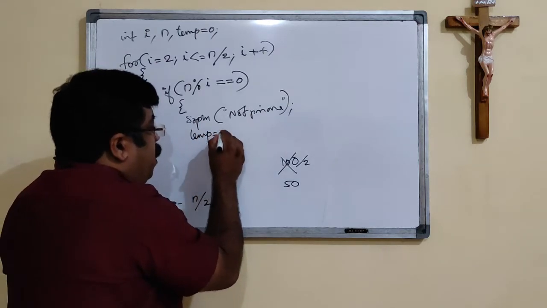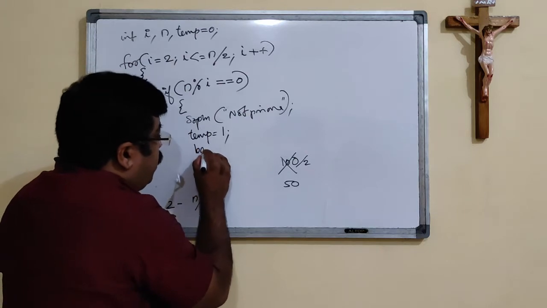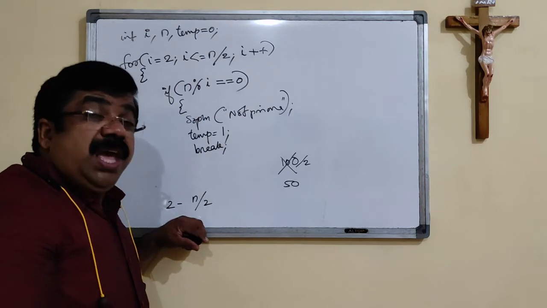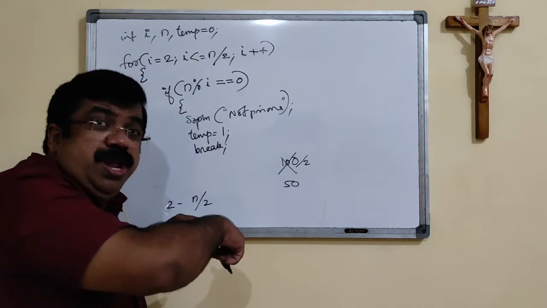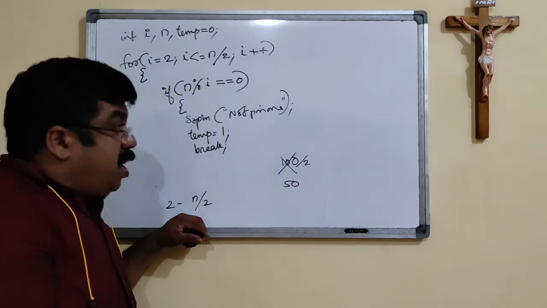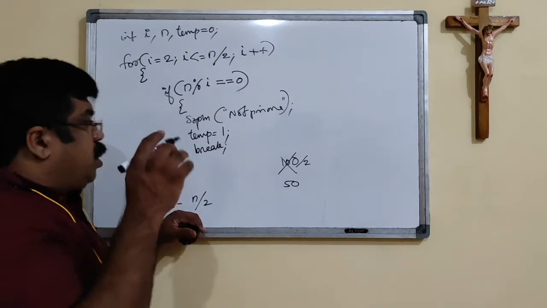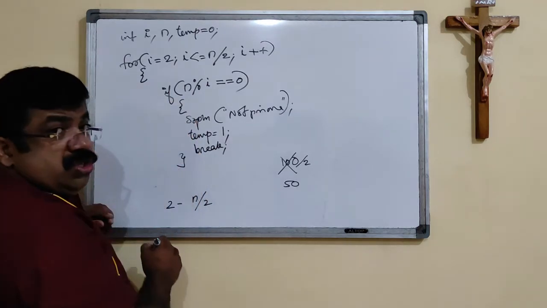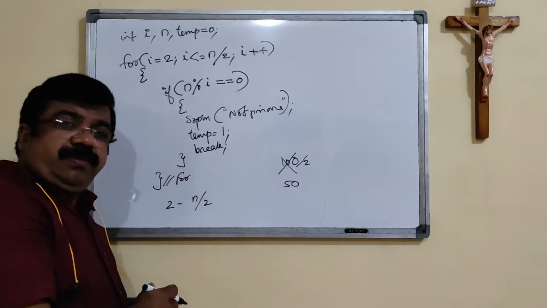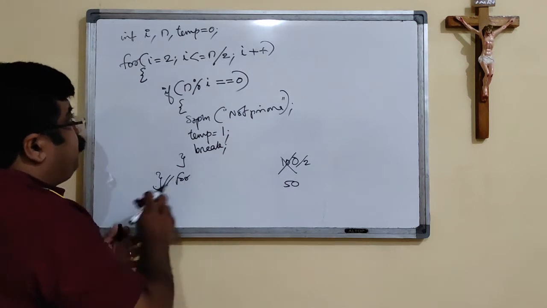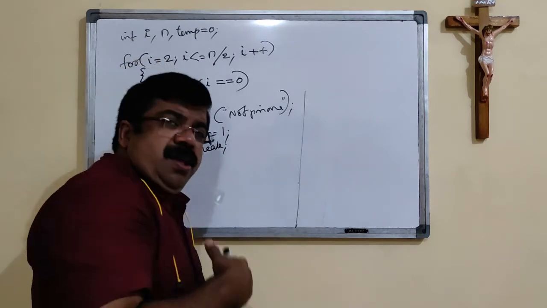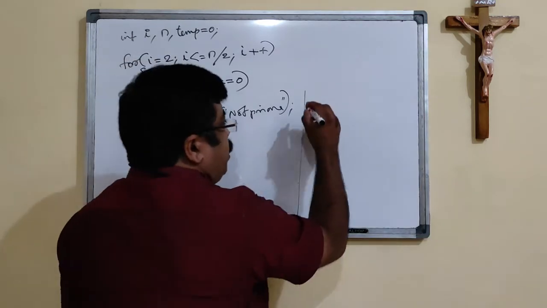Then we give temp equal to 1 and then we give the break. What is the purpose of the break? To come out of the loop. The enclosing loop, the loop which is enclosing that particular break statement, will be terminated. So the if is closed, now we are closing the for. Okay, now let us see the execution. And the remaining part of the program also I would like to write.